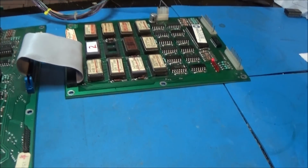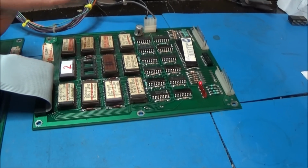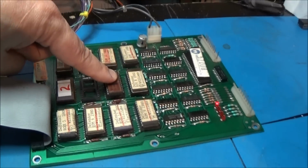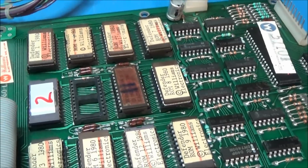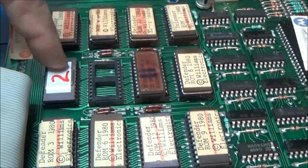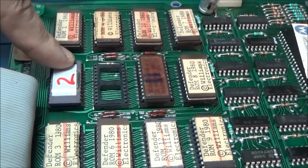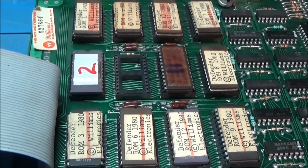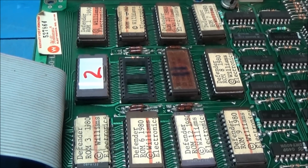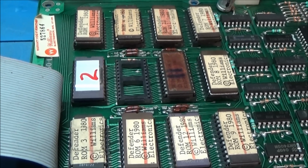Okay, so this one is the one that had the bad leg, so I put the red one in that I had. It had a broken leg. And number 2, which is a 2532, was no good. It was just the wrong file. Corrupted. So I programmed a number 2 ROM, 2532,